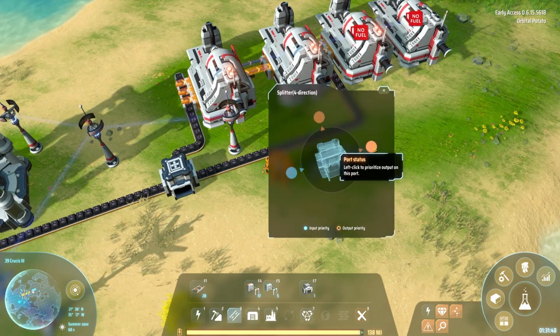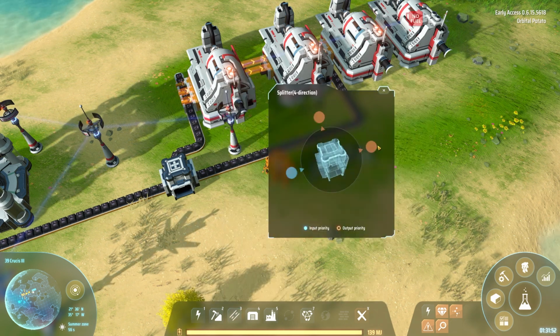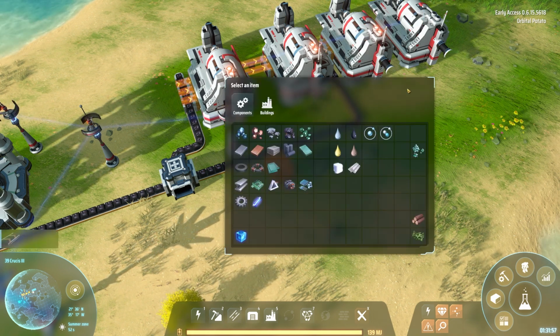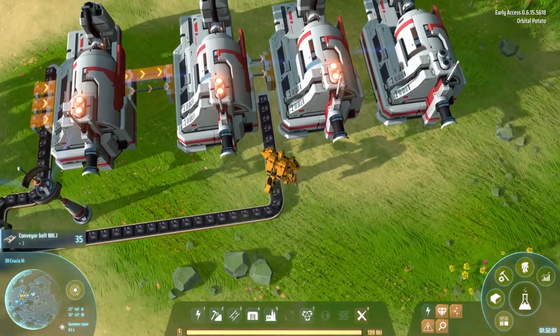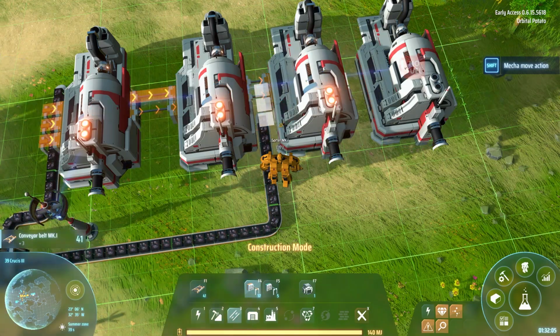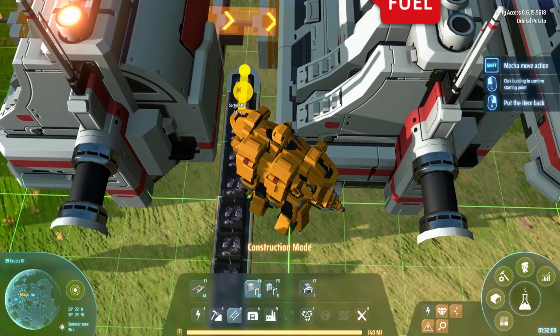So, yeah, we can do priorities, we can do filters on these ports here. I like that a lot. That's actually very, very cool. I mean, it doesn't actually matter for our purposes if there is a priority area. In fact, we should be fine apart from the fact that this is